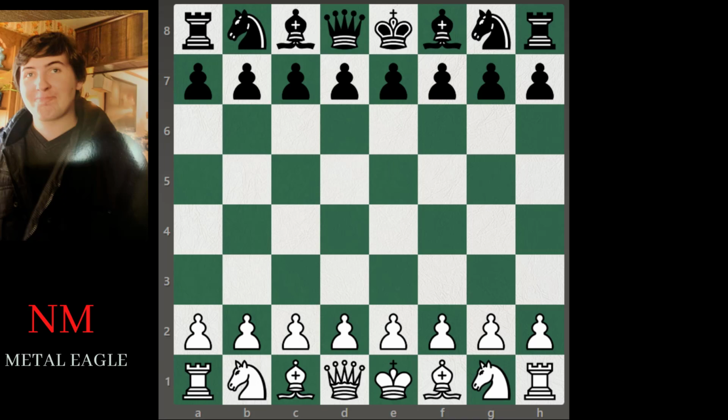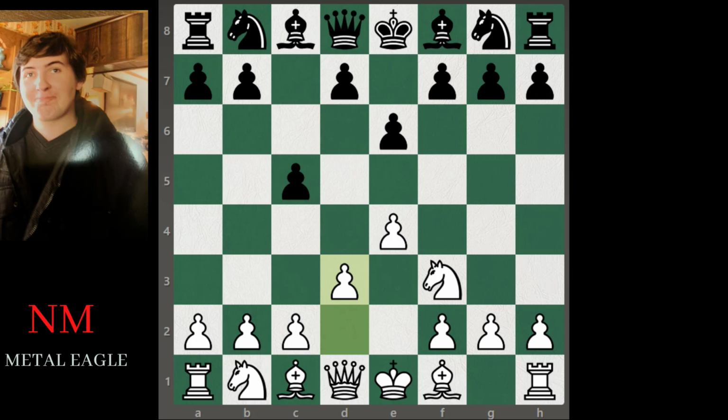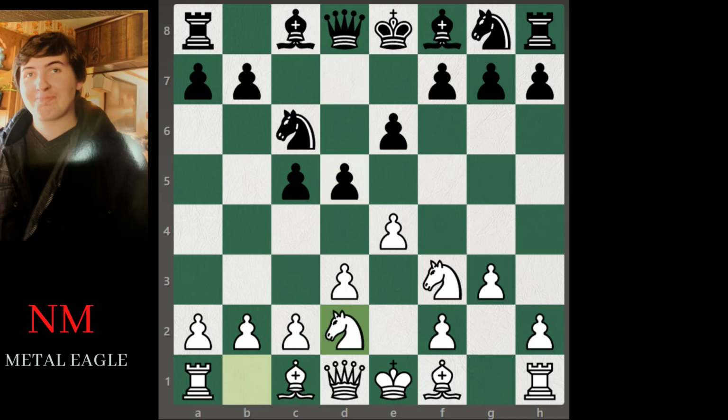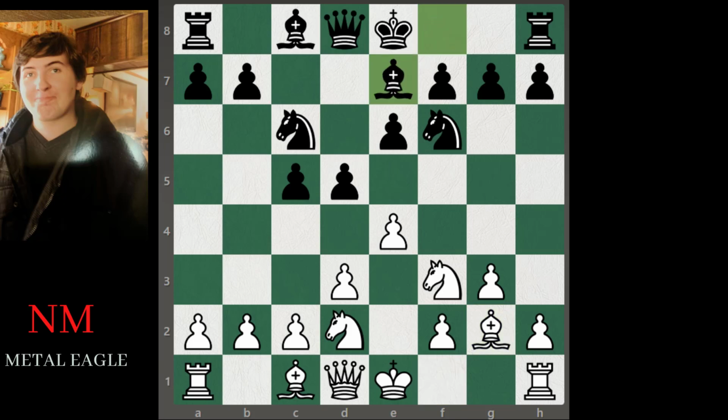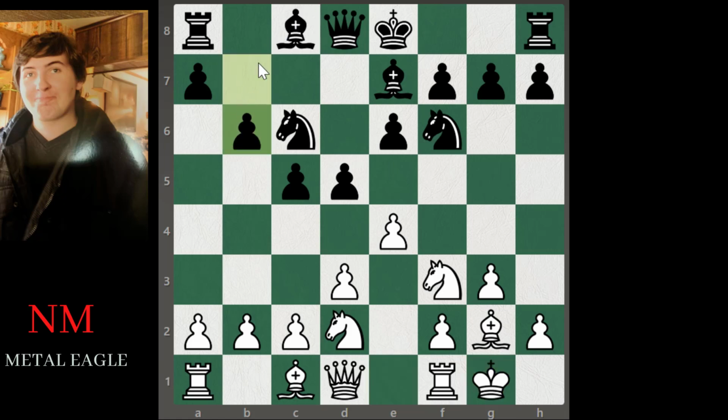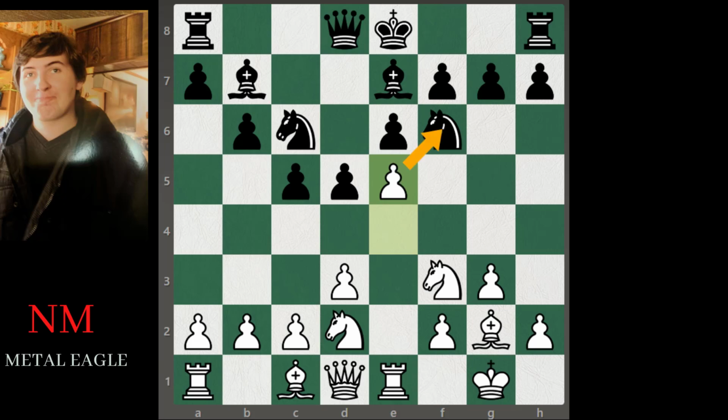The game started with e4. Viktor Láznička plays e5, now f3, e6, d3, knight c6, g3. He wants to fianchetto the bishop on d2 this way. d5, knight d2, knight f6, bishop e2, bishop e7, castles, b6. He wants to fianchetto this bishop, b7, rook e1, bishop e7, e5, attacking the knight on f6, knight d7,